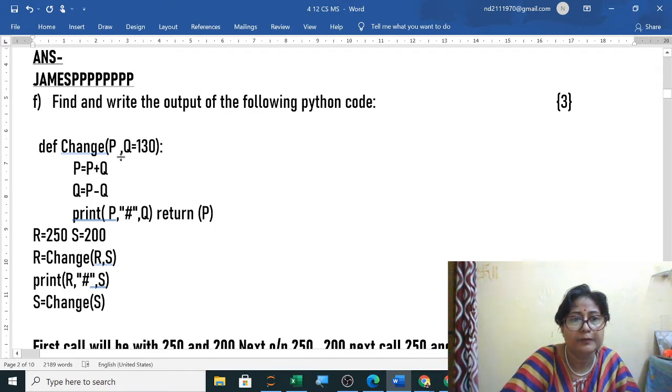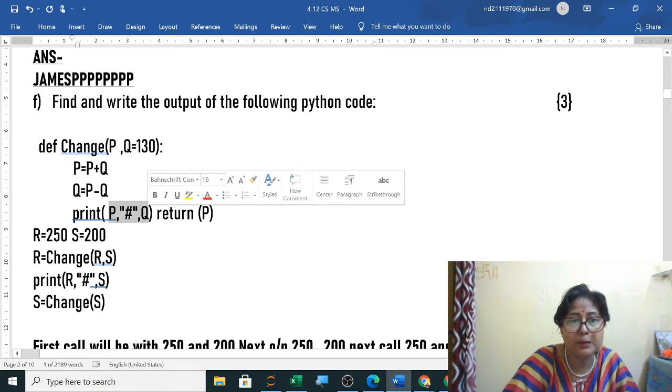So here 250 plus 200 is 450. 450 minus 200 will be 250. So P will be 450, Q will be 250. You print here 450 hash 250.